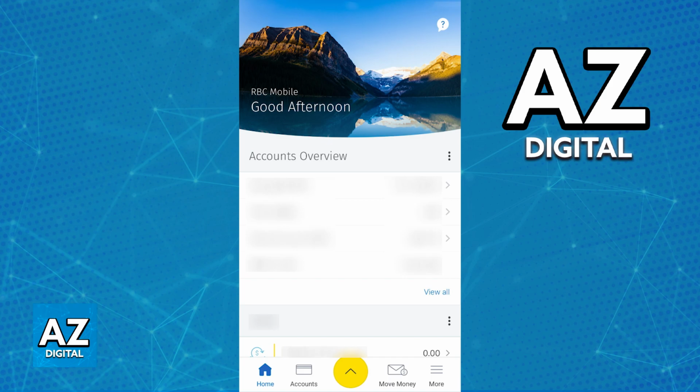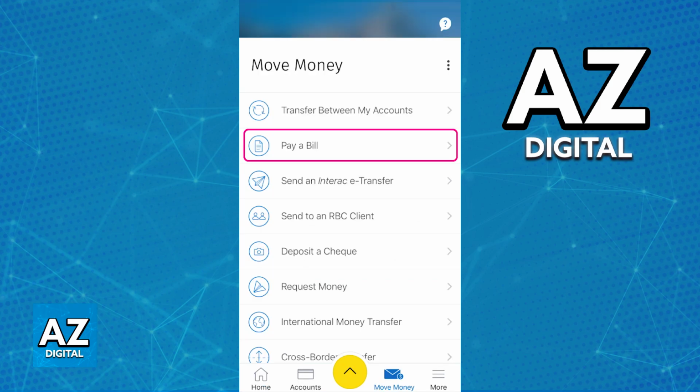All that you have to do is either do it online through the online banking section or through the mobile app, which I believe is the most convenient way to do this process and pay any bills that you have attributed to RBC. All that you have to do to pay your RBC credit card bill online through the mobile app is to sign into your account and then use the Move Money option that you can find at the navigation bar on the bottom of your screen.